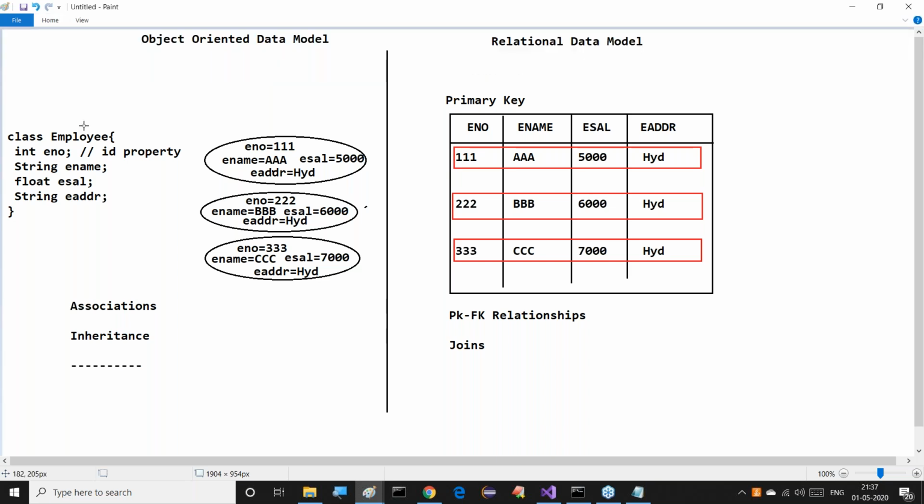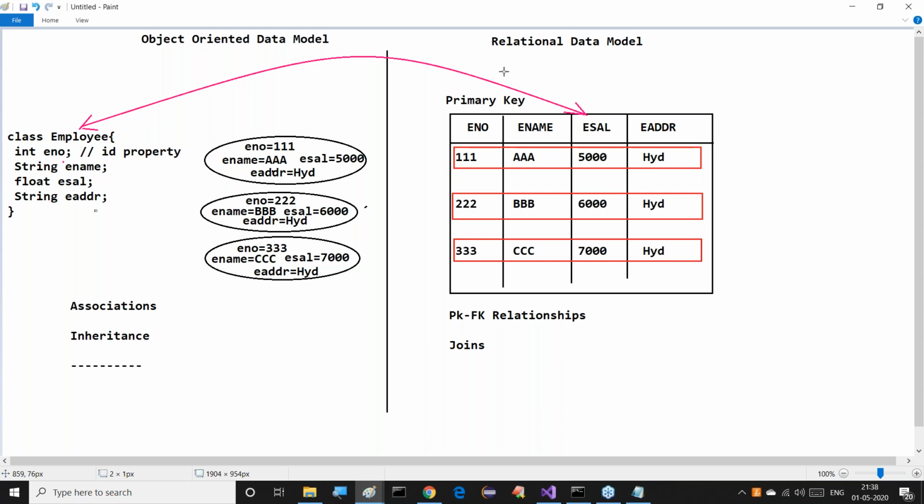Because of these two different data models, they have their own data representations. Mismatches are available, and those mismatches are providing lesser data persistency. That's why, to improve data persistency, we need to go for some mapping. What exactly is the mapping we require now? We have a class in the object-oriented data model and a table. In which table should which class's data be stored? Understand it clearly. This is one thing.